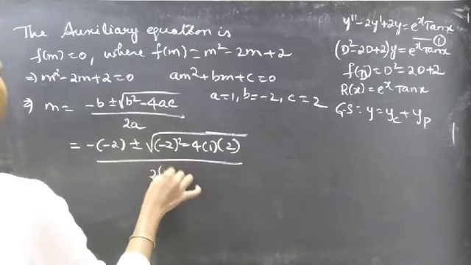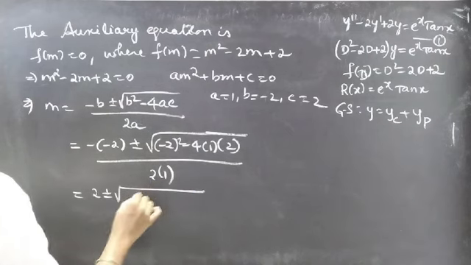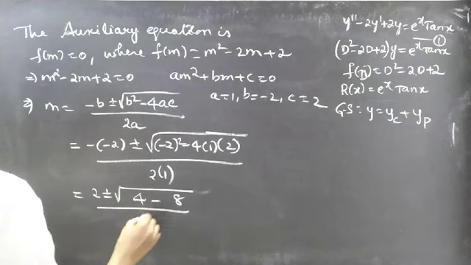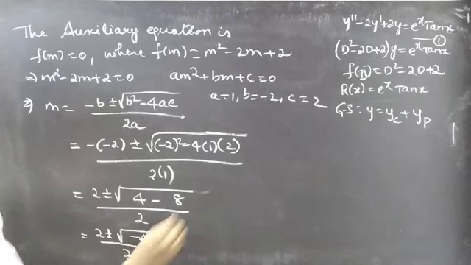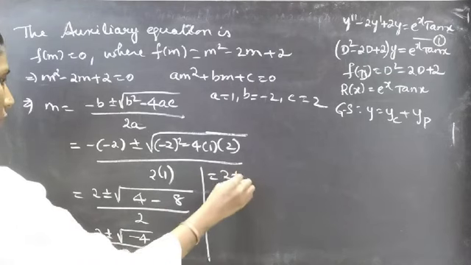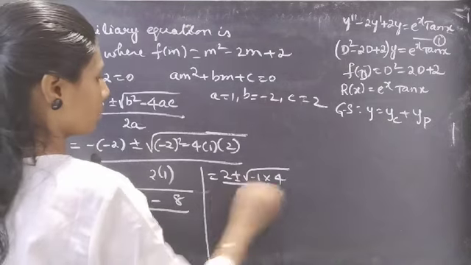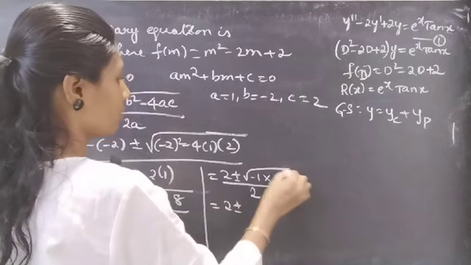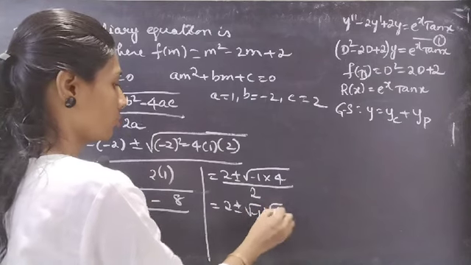by 2a, which equals 2 plus or minus square root of minus 2 whole square is 4, minus 4 2s are 8, by 2 1s are 2. This equals 2 plus or minus square root of 4 minus 8 is minus 4, by 2. Now we can write minus 4 as minus 1 into 4, by 2. This equals 2 plus or minus. Now we can split square root of minus 1 into 4 as square root of minus 1 into square root of 4,